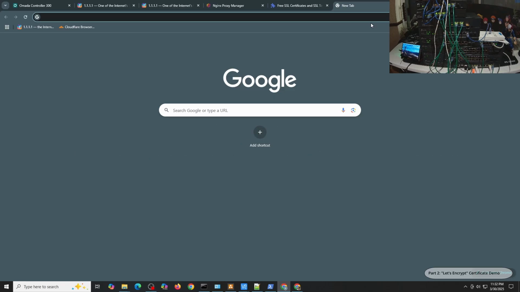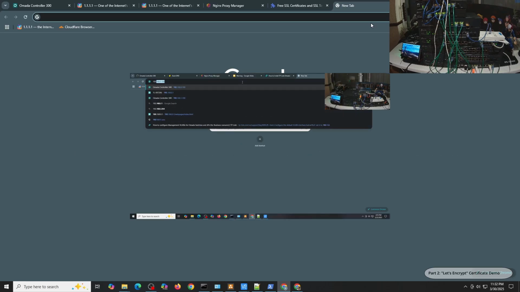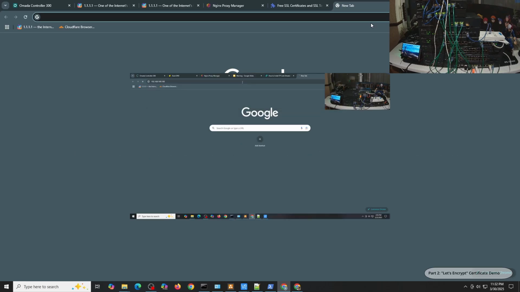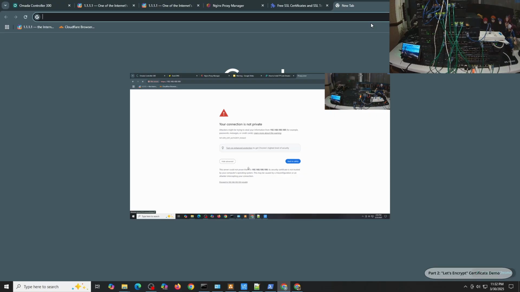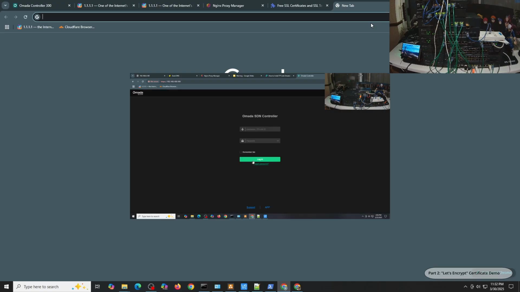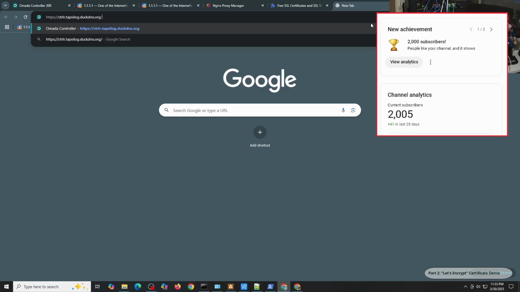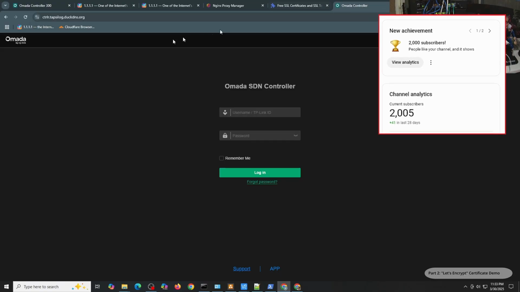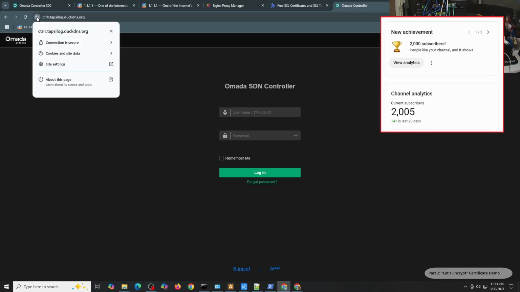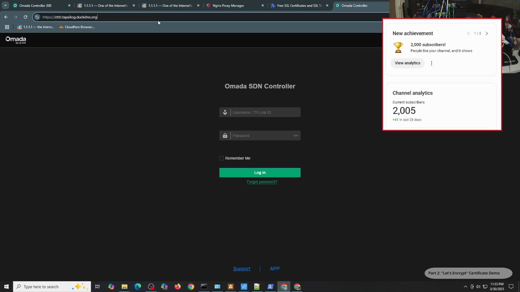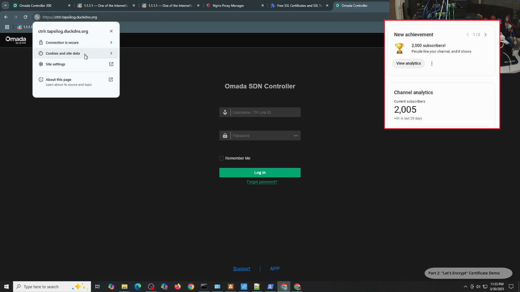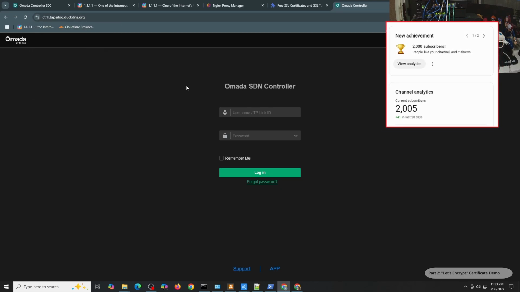So normally in my videos, you will see me use an IP address every time I would like to access my controller. In this video, I will demonstrate that I'm going to use a domain name to access my controller. There you go. As you can see, this one is secured and I have a valid certificate. However, configuring this is much more involved.